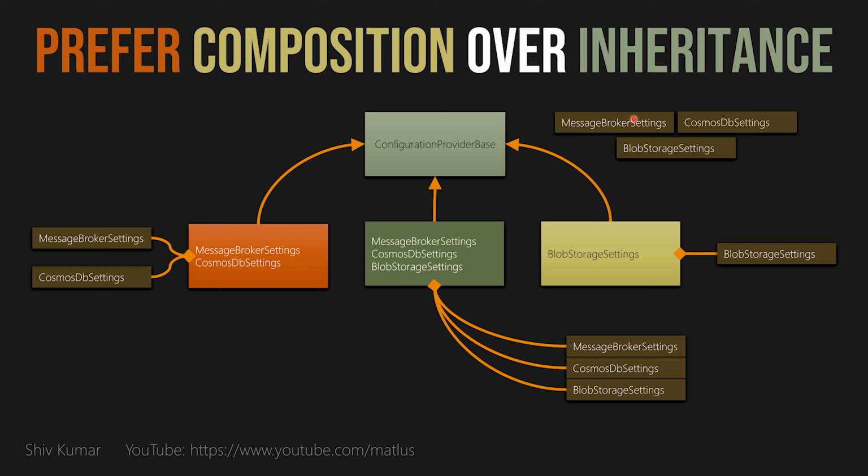So these are the three classes. The message broker settings is one implementation that has some functionality. Cosmos DB settings has got its own fully featured functional implementation for retrieving Cosmos DB settings. And the blob storage account settings does that. And what you're seeing in the next level down here is each of these config providers that are descendants of the base class are able to be composed off of the functionality they require. So this one needs these two, this one needs these three, this one needs this one. And so you're free to make any permutation of these three as part of the config provider you require in your current project. And you're getting the benefit of reuse.